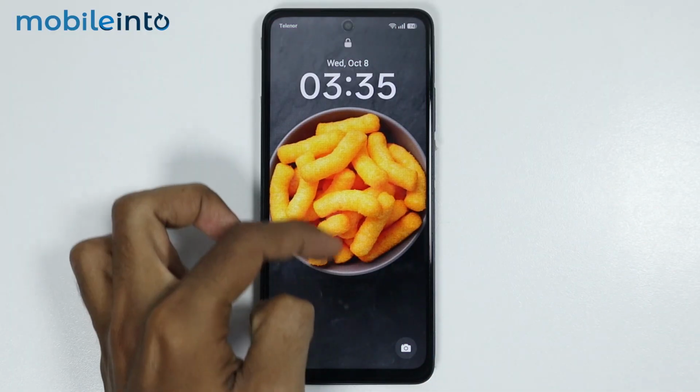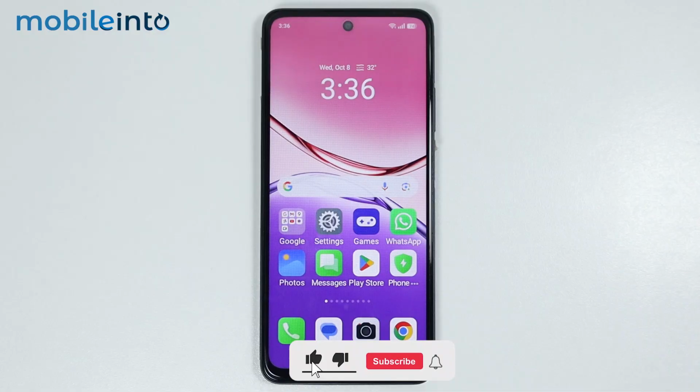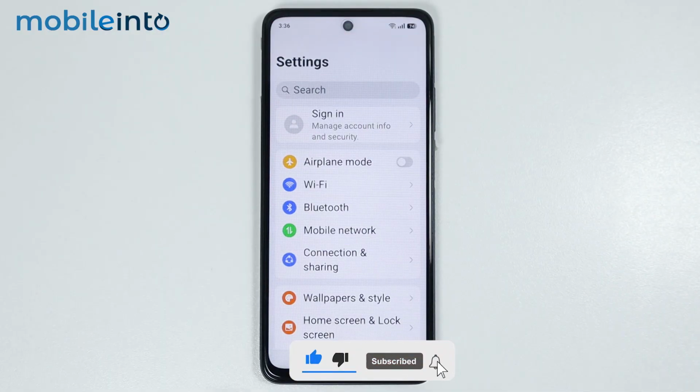In this video, we will see how to change the screen lock on any Oppo phone. Now, if you want to change the screen lock on your Oppo phone, first of all, just open Settings,